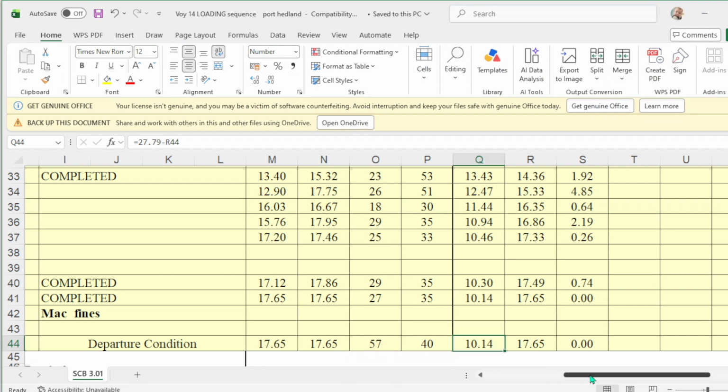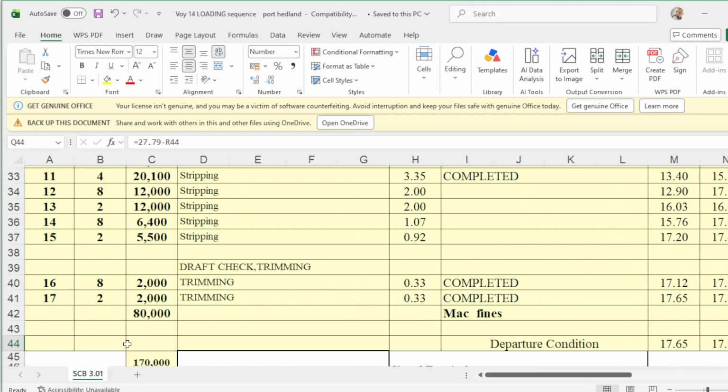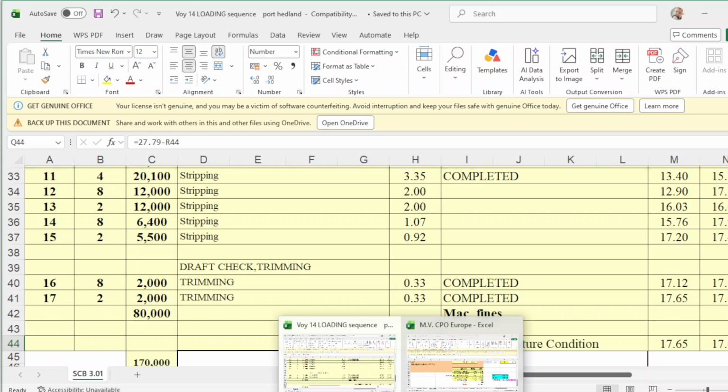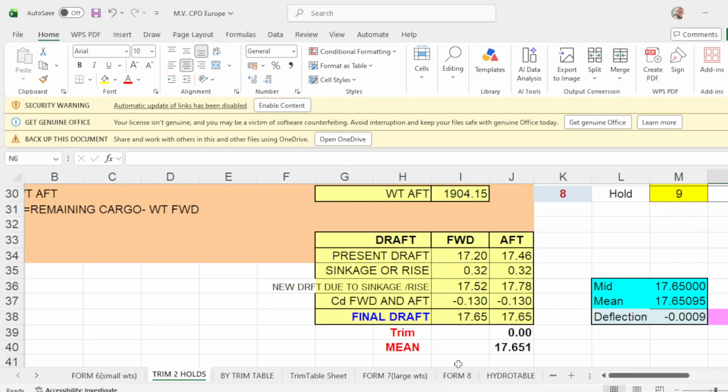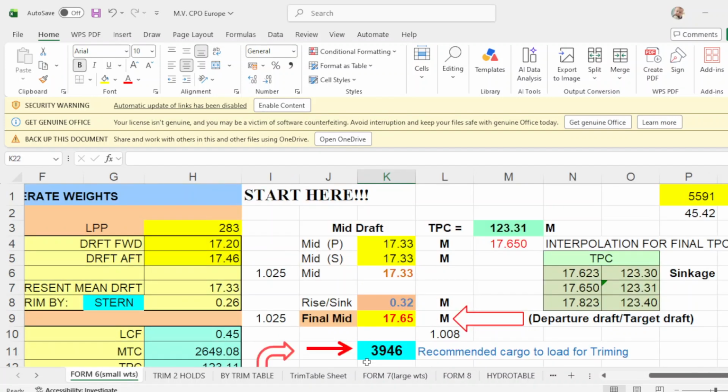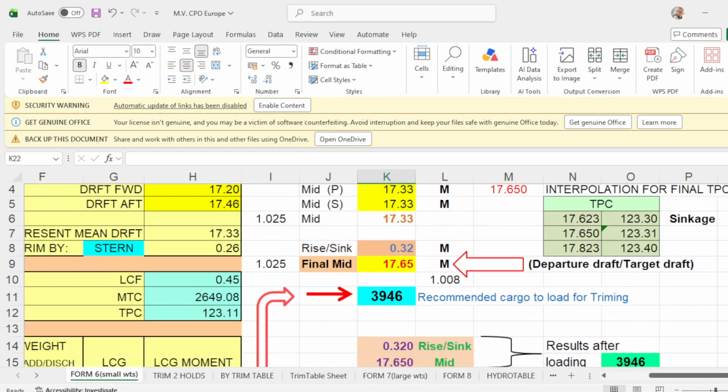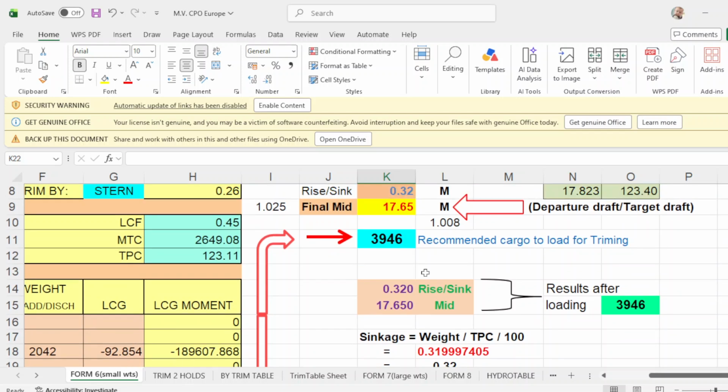The loading plan or your loading sequence recommended 4,000. But according to your program, the recommended cargo to load is only 3,946. Okay? 3,946.